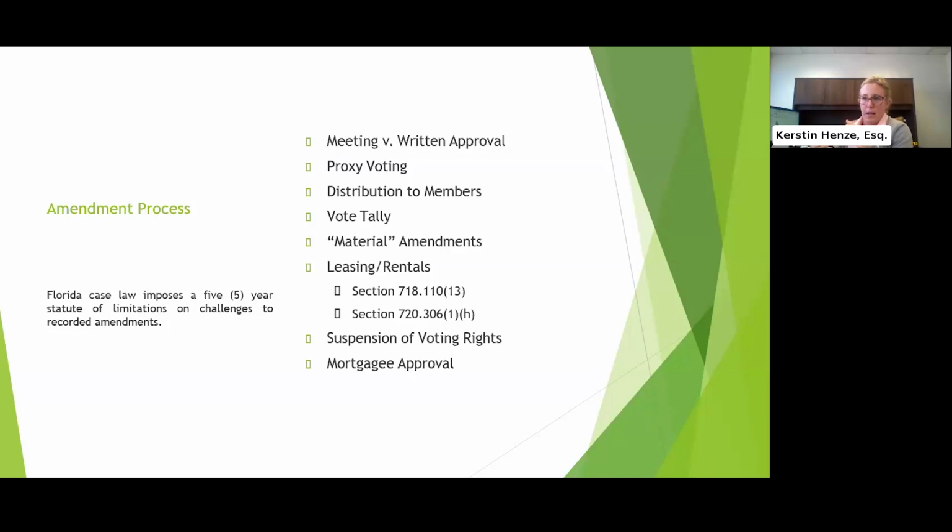Make sure that you also announce at that meeting the next meeting date. So, you can make a motion, I make a motion to recess this meeting because we haven't received enough proxies on this amendment. So let's make a motion, let's reconvene this meeting for March 1st. And as long as you get the vote, then the next meeting date will be March 1st. And you can collect the proxies through that time.